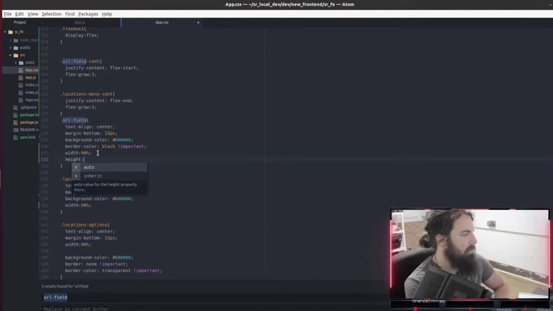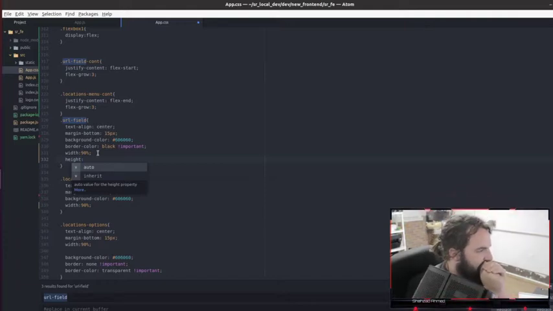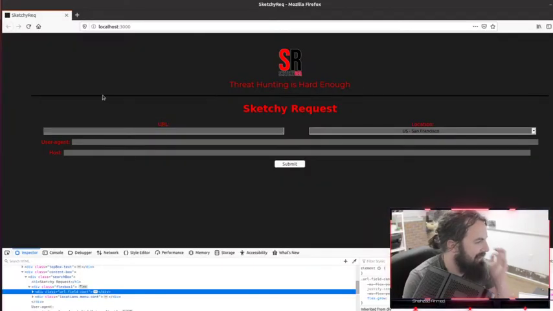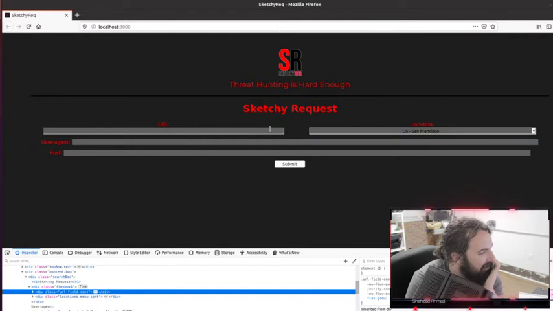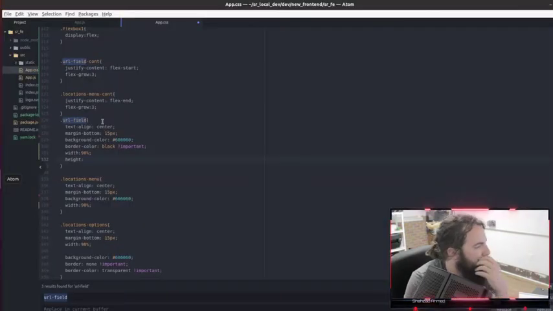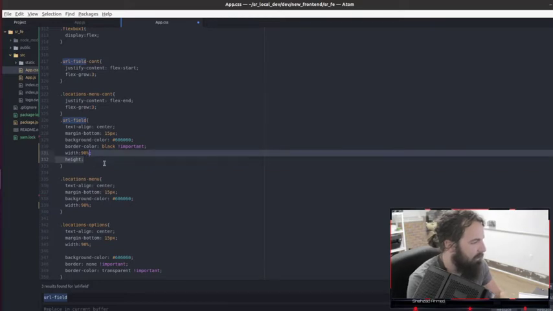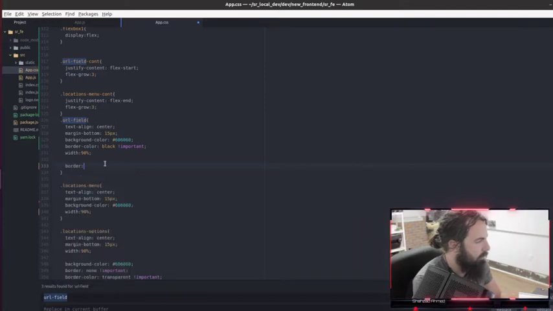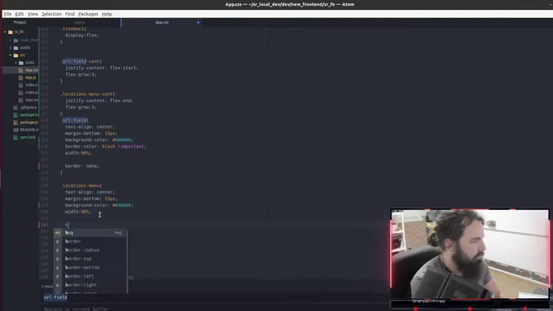How am I going to scale this? It just bothers me that those two are different sizes. It shouldn't bother me, but it does. So this field is slightly smaller, or at least it looks like it's slightly smaller than the other one. So let me get rid of the borders again. Border, none. I don't know if I need to add important in there or not. Border, I can type.